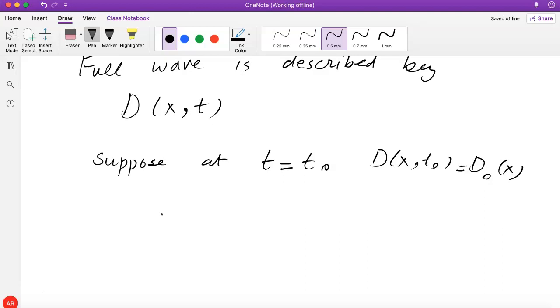So the statement is that now d of x and t for arbitrary t will be d naught of x minus v times t for a pulse that's moving to the right with constant speed v. So this captures